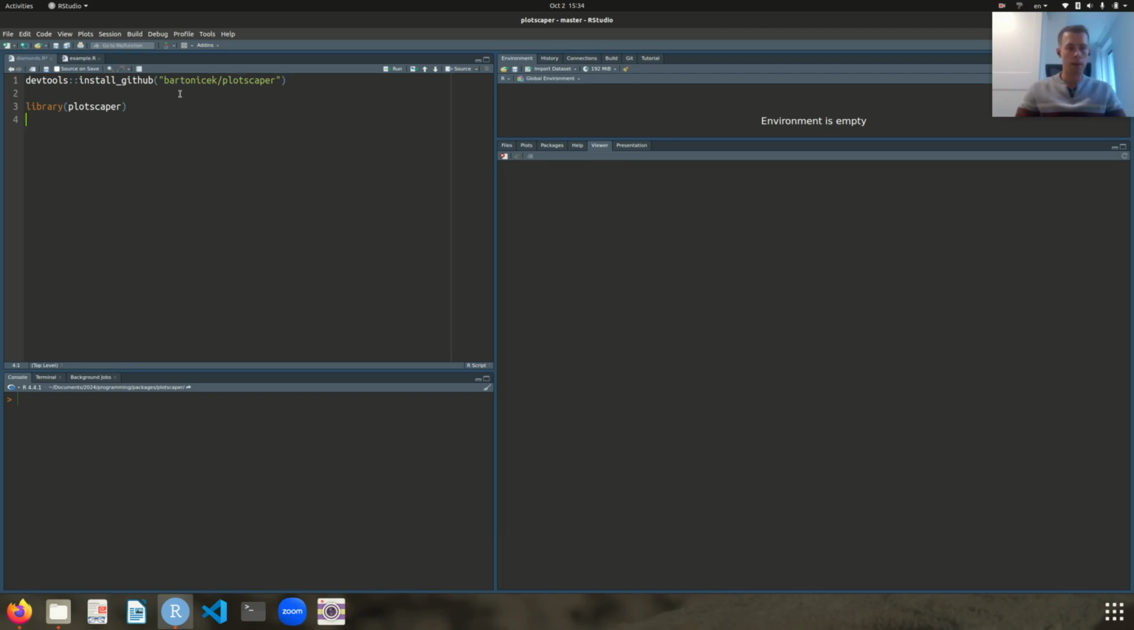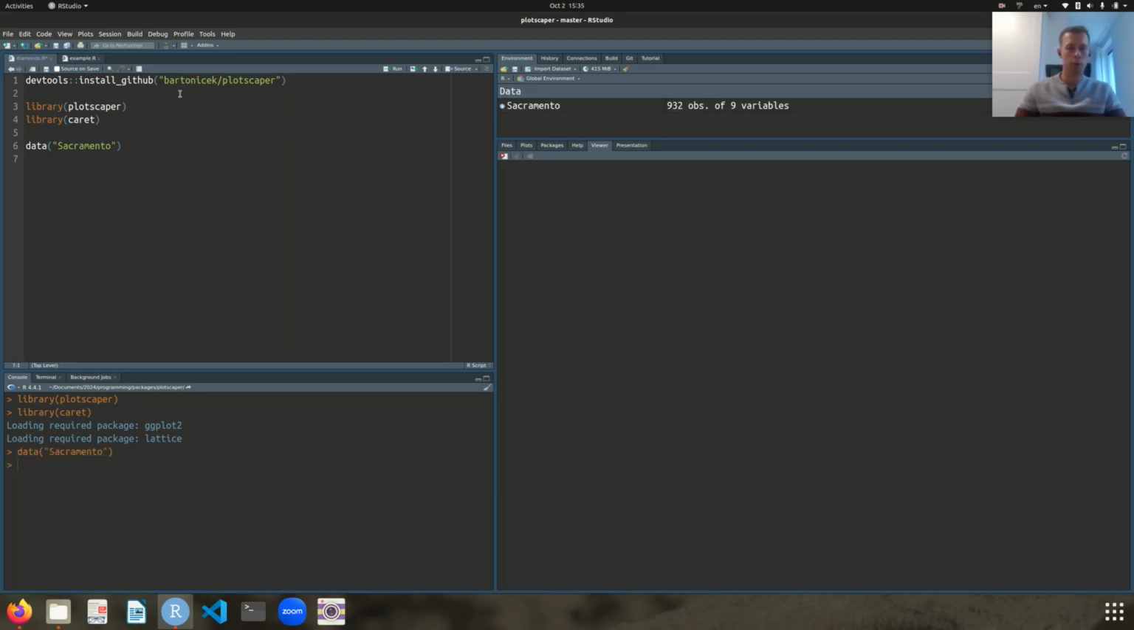So once you have the package installed, you can load it in like any other library, and then we need some data to explore. And there's one dataset that I particularly like in the caret package, and that's because it's got a nice mix of variables that I can use to show off the different features. So anyway, to load in this dataset, we use the data function, and the dataset is called Sacramento. So we can just load it in like so, and then if we have a look,